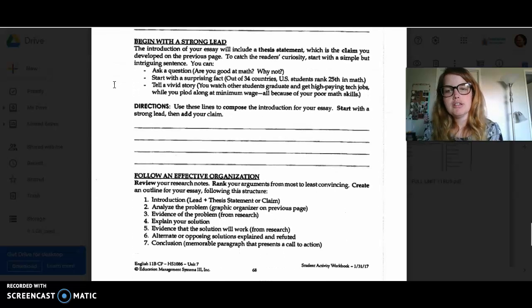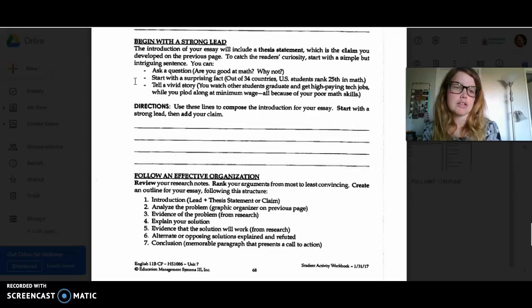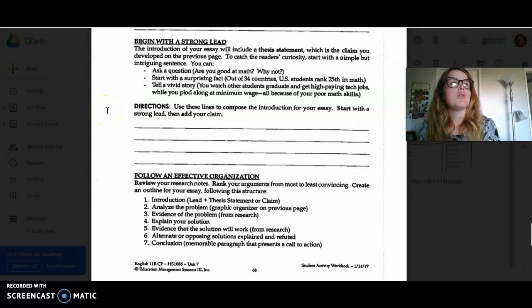Begin with a strong lead. So remember, a hook is always really important. If you don't have a good hook, your reader won't want to read it. And if I'm reading 6,000 essays in a day, you think I'm going to read the one that starts with this essay will talk about dysfunctional government? Or would I want to read the one that gives me a vivid story and it says, Portland, Oregon, soldiers storming their own people, rubber bullets smash in the faces, blood everywhere, people arrested and taken away in white vans for nothing. That sounds a lot more intriguing than in this essay I'm going to be talking about dysfunctional government,